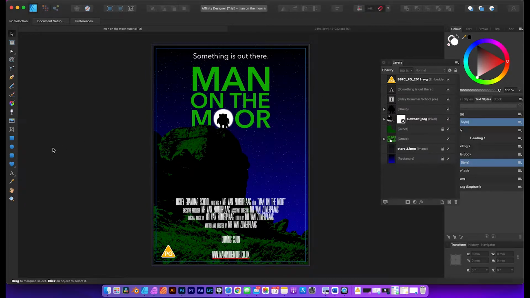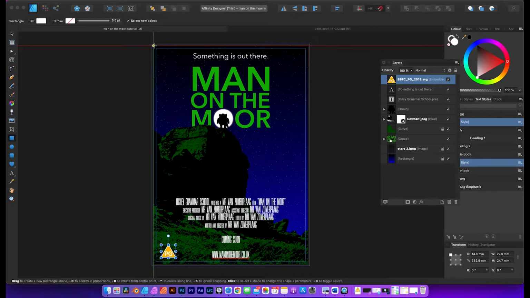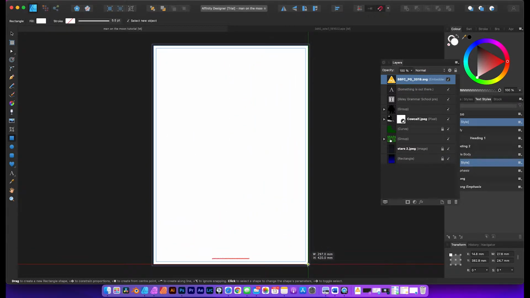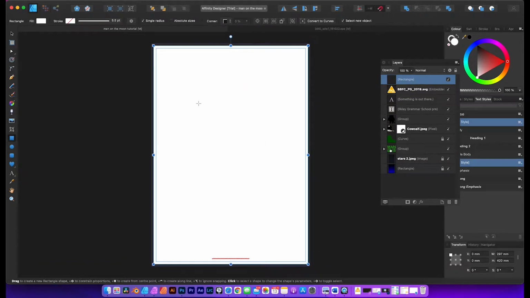So there are actually several ways of doing a border. This is probably the simplest one. I'm going to go to rectangle. I'm going to make sure I'm at the top of my stack of layers, and I'm going to draw a rectangle that completely covers the page. And again, I've got guidelines turned on or snapping turned on, so that is exactly the size of the A3